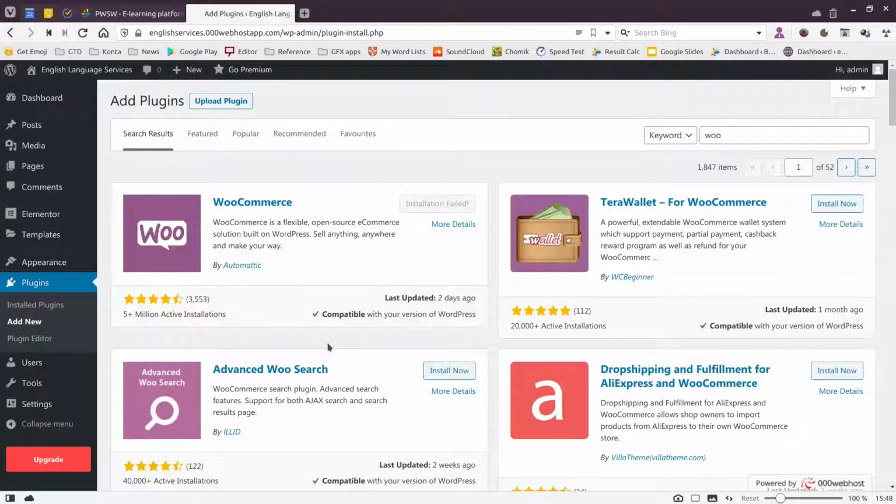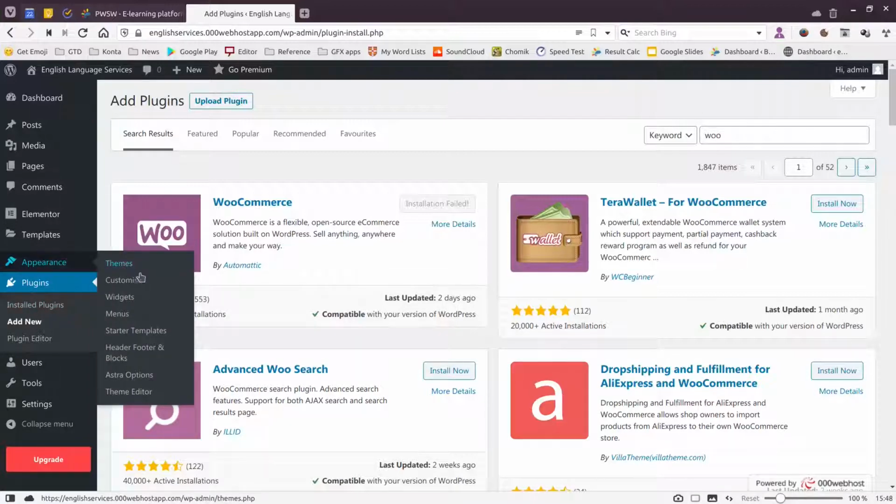Okay, so we will select that template that I originally wanted to select, because this WooCommerce plugin isn't going to work anyway. So we could go back to plugins, but we can also go to Appearance, and we can see some new items here, for example, Starter Templates. So we can go directly to the templates from this menu here. From Appearance, Starter Templates. We've got some other options here, like header and footer blocks, Astra options. So let's go to Starter Templates,